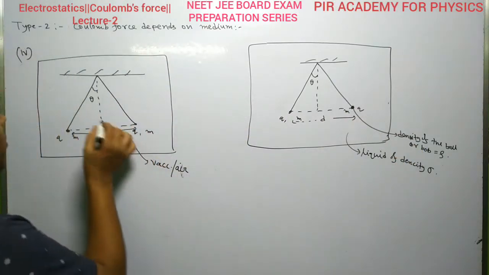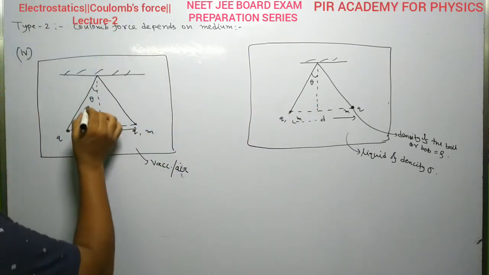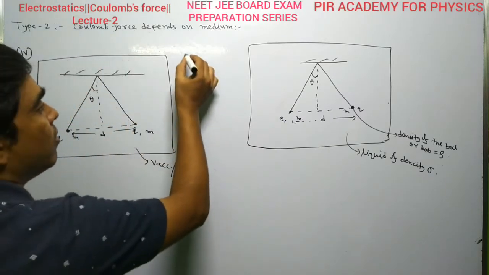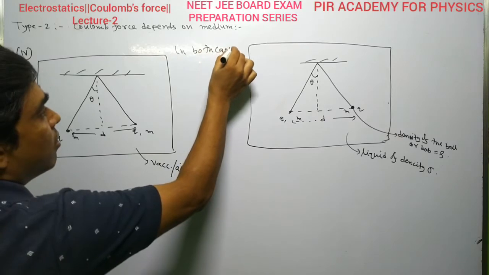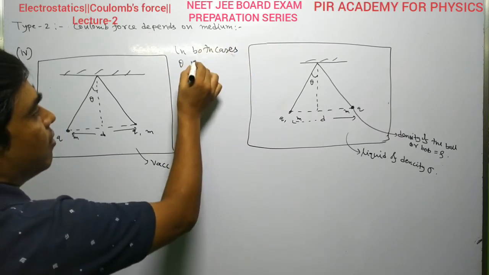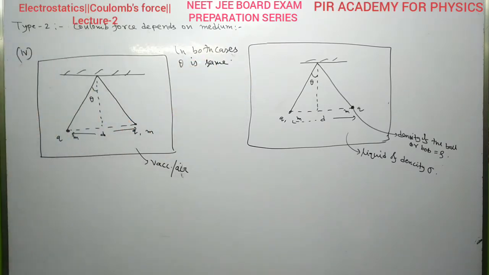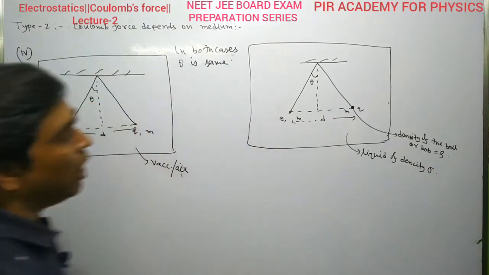If this theta and this theta are the same in both cases, then you have to find the relation between sigma, rho and